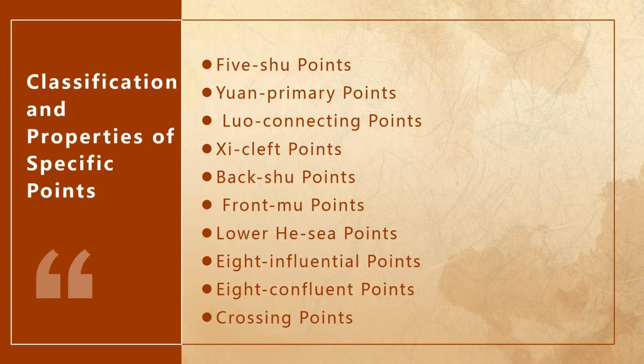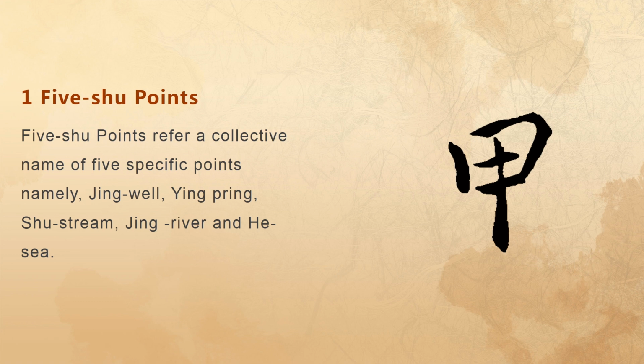According to the classification and properties of specific points, there are 10 categories of these points. Five shu points refer to a collective name of the 5 specific points, namely Jing well, Ying spring,